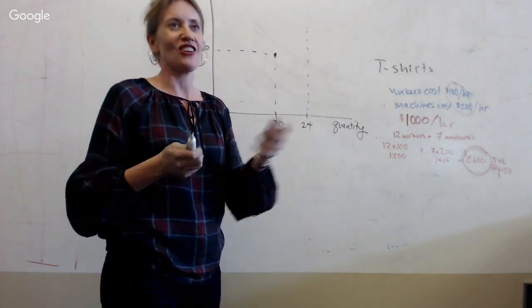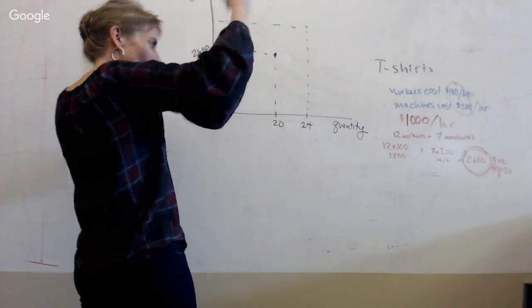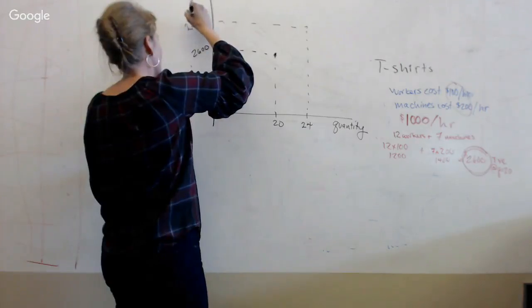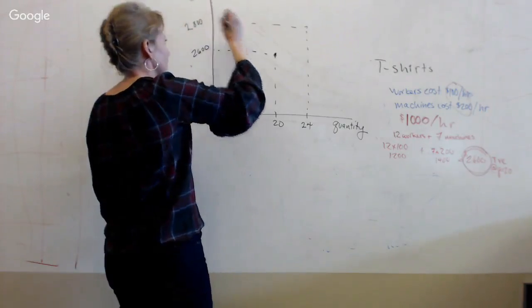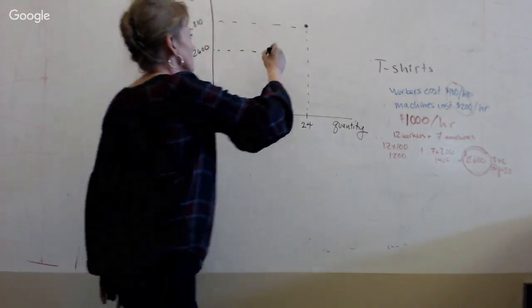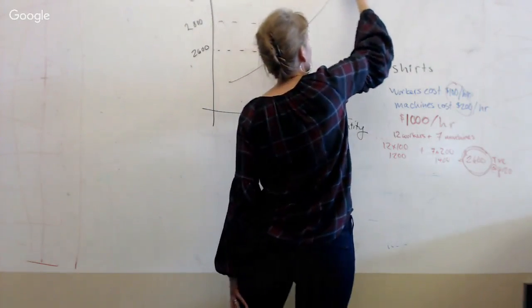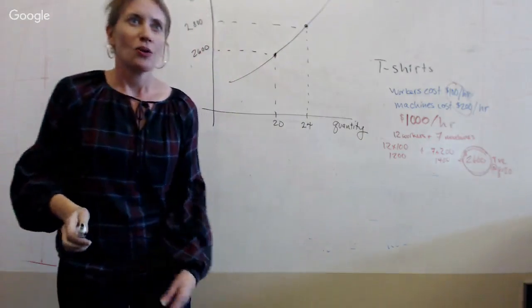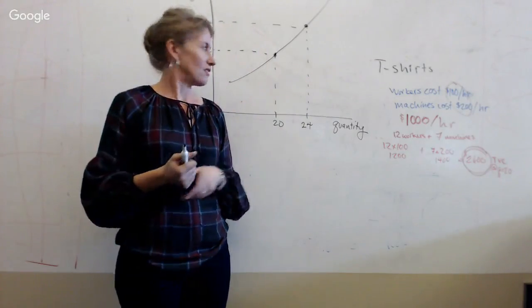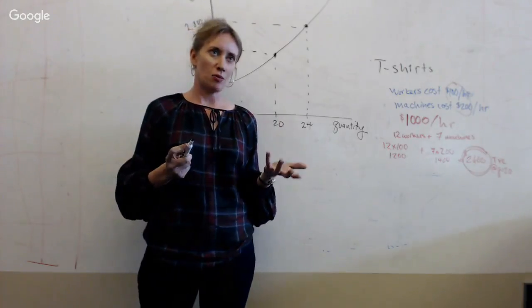Is it going to be higher, lower, the same? Naturally higher, right? So as we've shown in the video, as we produce more output, total costs increase. And by how much? Well, that depends on our production technology. But let's say that's $2,800. And our total variable cost curve maybe looks something like this. Well, this isn't particularly interesting. But there's still information here that's useful for us as we move on.